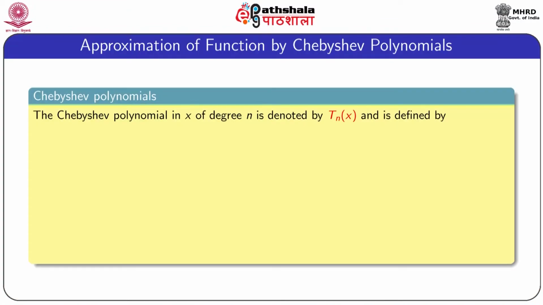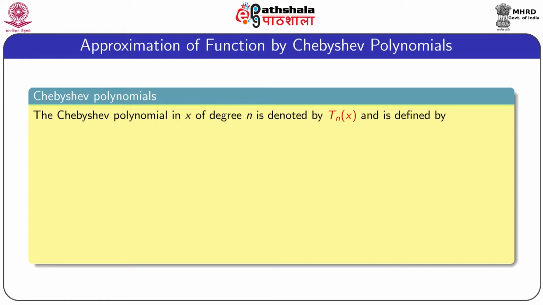In this module, we shall consider Chebyshev polynomials to approximate a function to a polynomial, and we shall show that these orthogonal polynomials are efficient compared to other polynomials. We shall also show that any function can be expressed in terms of Chebyshev polynomials if the function can be expanded with the help of the Taylor series method. First, we define the Chebyshev polynomial.